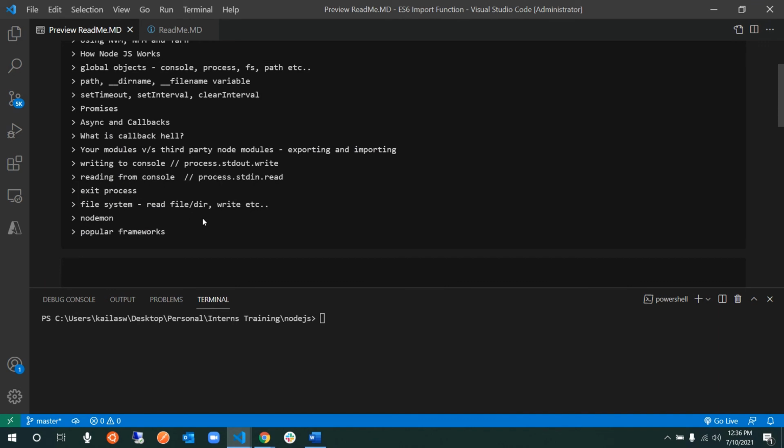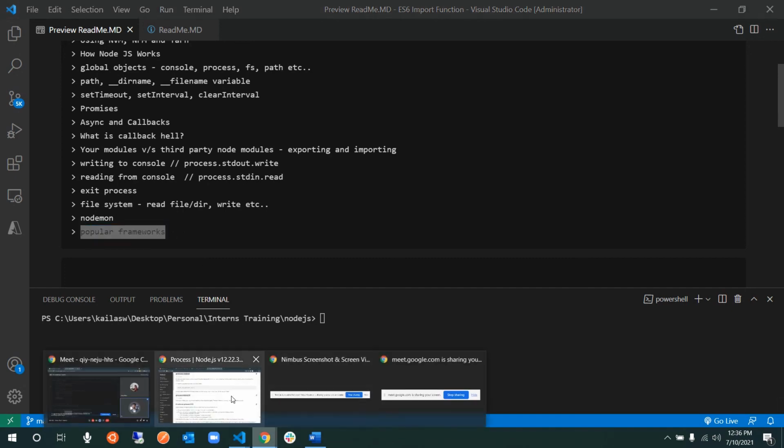So we'll go ahead and then learn about reading files, directories, and writing files. But I would be happy if you just go ahead and then read about that, or we'll just do it as part of the next things that we are gonna do, which is Express related stuff. Popular frameworks for Node.js, I know you have a lot of them.